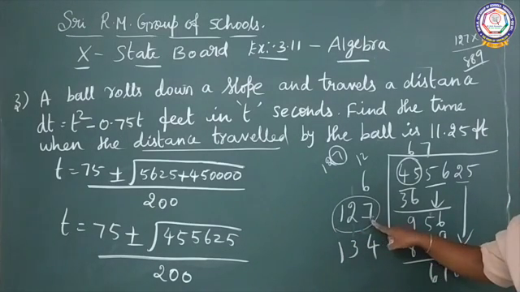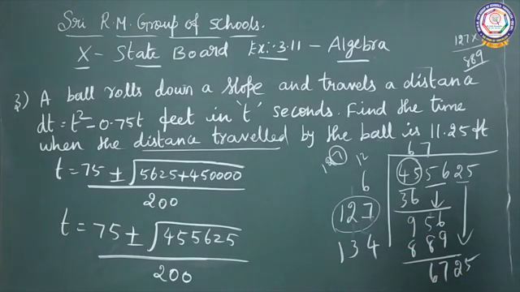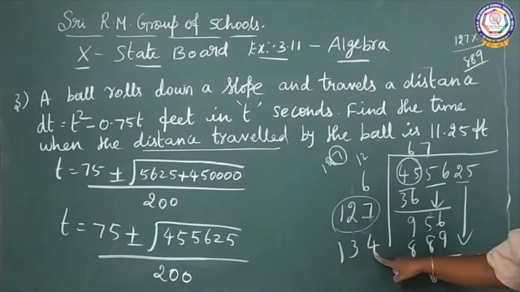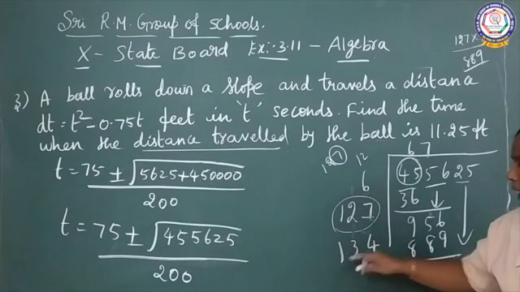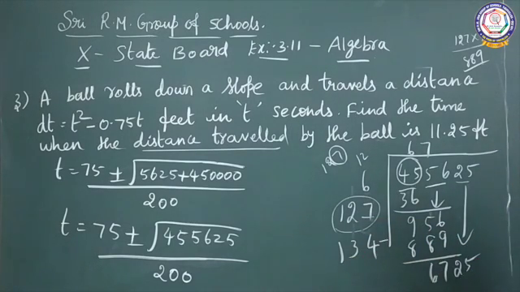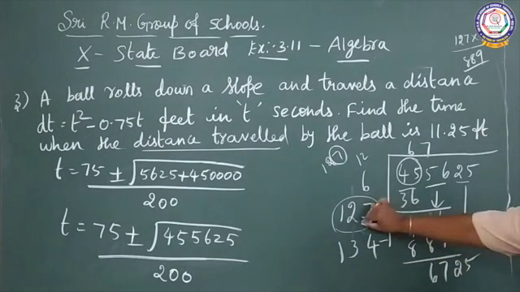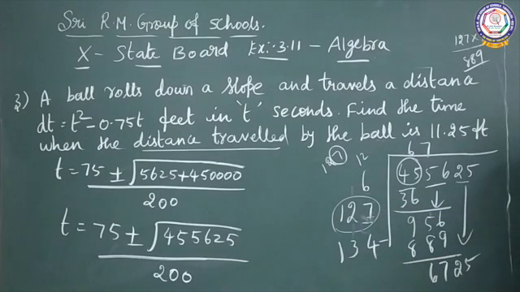You multiply this number alone by 2. 7 twos are 14. Balance 1, which you add here. 2 plus 1 is 3. Again you put 1 with a blank. So it is 134 with a blank. The last number is 5, so you multiply by 5 and get the answer.